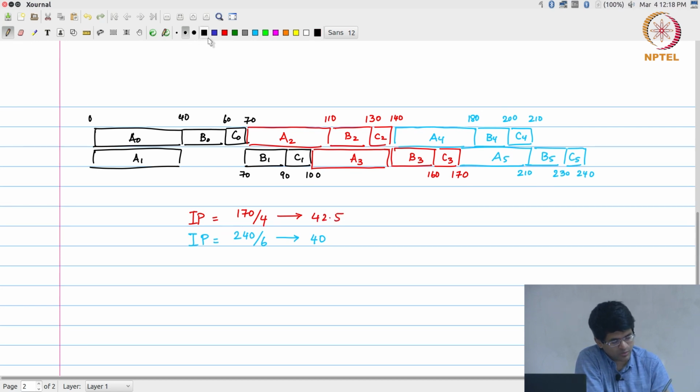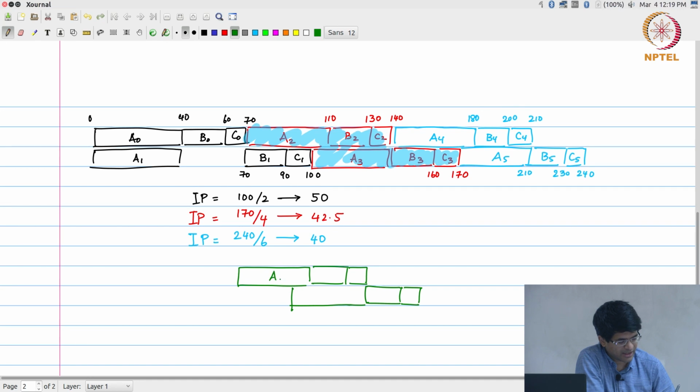The original one, 100 divided by 2 is 50. So you see that the iteration period is getting better and better, but does it mean that I need to essentially run for an infinite number of iterations before I can say that I have got the iteration period to 35, or can I just look at it slightly differently and say that what I actually have over here is this pattern, and I can then redraw it as,